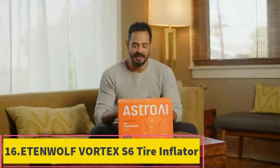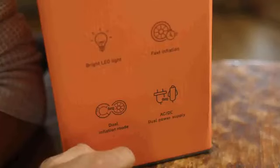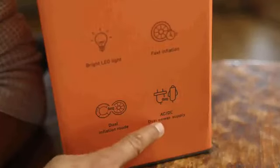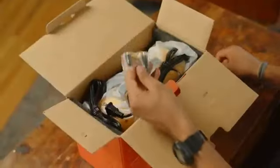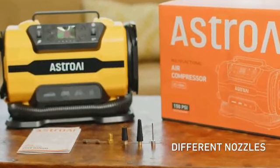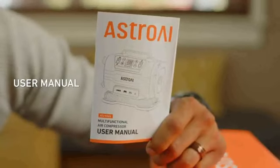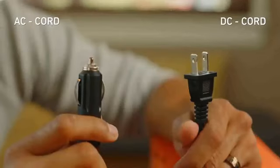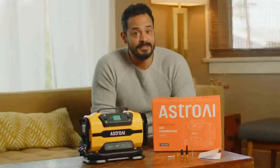Product 16. Product name: Eatonwolf VORTEX S6 Tire Inflator. The Eatonwolf VORTEX S6 Tire Inflator is a versatile, high-powered portable air compressor designed for heavy-duty vehicles, cars, and inflatables. It features a robust 19,200 mAh battery, ensuring long-lasting performance and mobility. With its 100% duty cycle, it can continuously inflate without the need for breaks, making it highly efficient for both